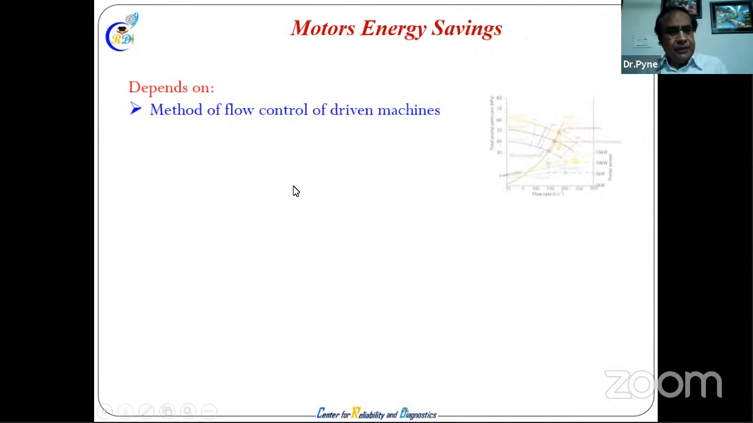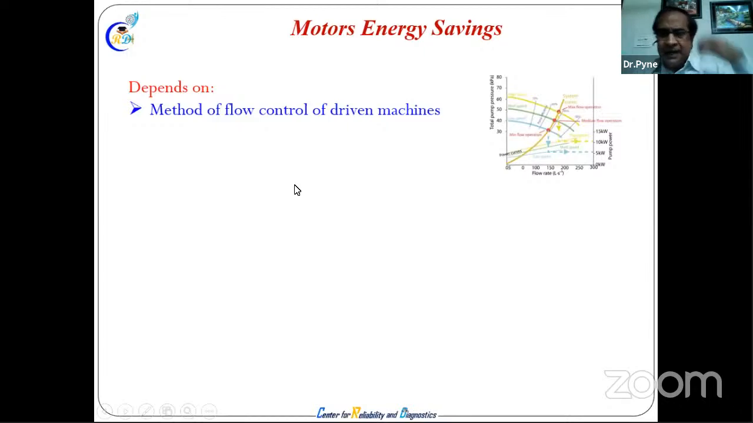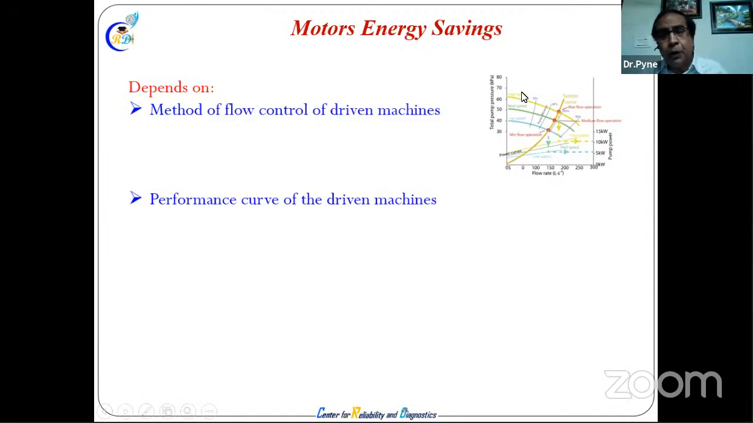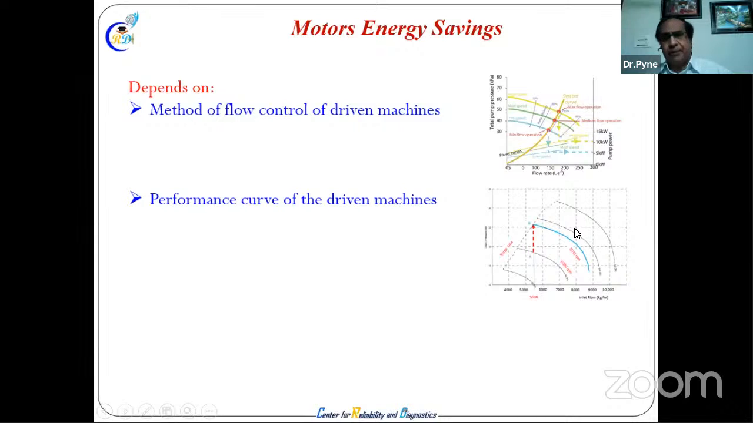It depends on many things, flow control, energy saving, that we have discussed in pumps also on the last page, for whoever attended. So there is flow control. You can control the flow, you can save the energy. Okay, performance curves of the driven machine, all the driven machines, pump, compressor, anywhere, for all the energy savings, how the performance of the driven machine is. That's the